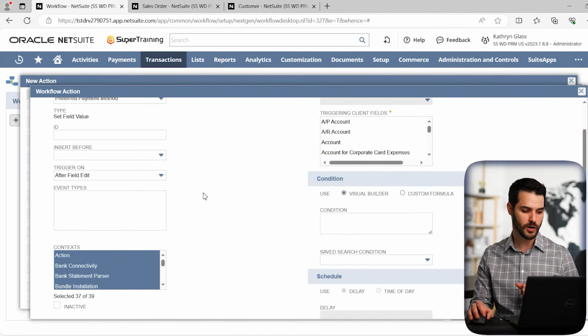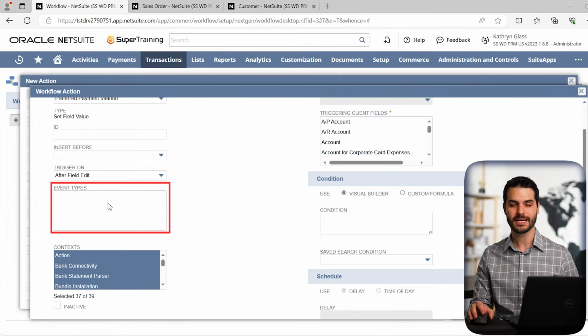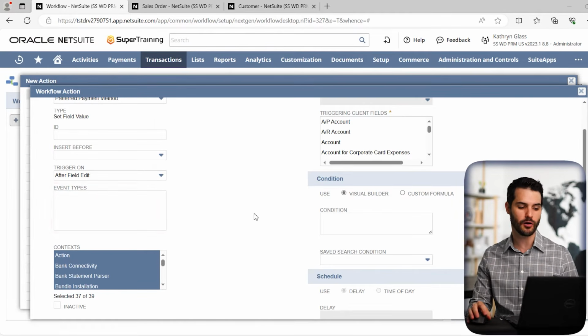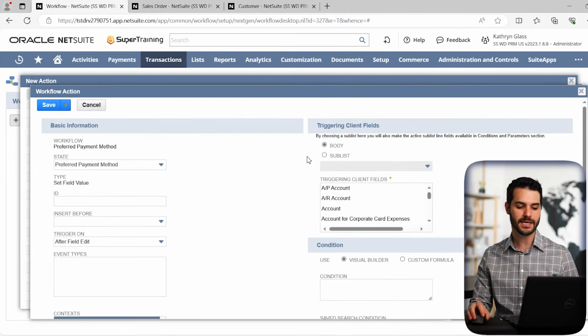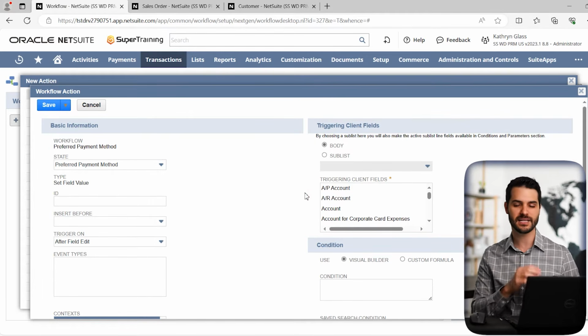So if we go back to workflow, now that we've selected trigger on after field edit, notice you no longer have any event types, because now the focus is not on the record itself, but on a specific field. So by selecting that trigger on after field edit, suddenly we have this area, which you might have noticed before was blanked out. It was not editable. Now that we've selected after field edit, we have this as an editable selection,